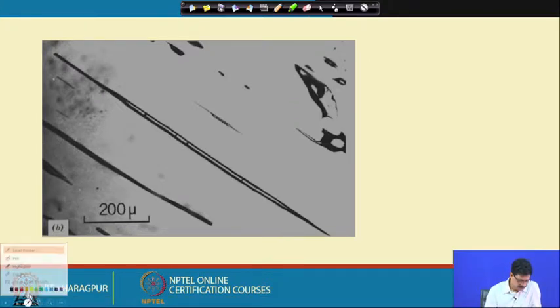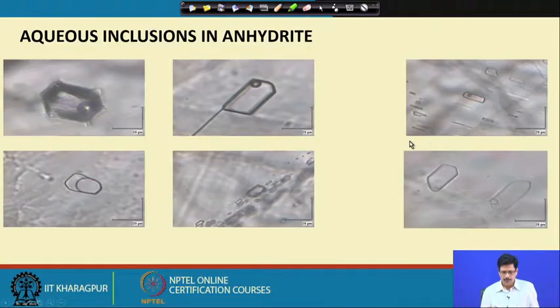So quickly we could have a look at the different possible shapes of inclusions that we can see. These inclusions have been taken from anhydrite, from some areas in the South Delhi fold belt. What is observable here, even in this diagram, is that these inclusions in anhydrite, even if they are present in healed cracks or as part of a random three-dimensional network, tend to attain a very regular shape, almost mimicking a crystal.